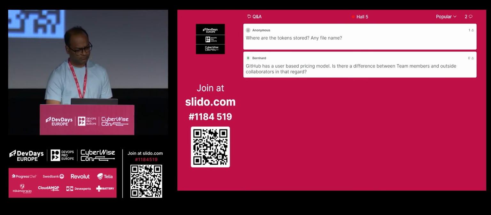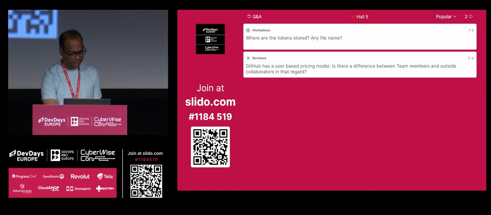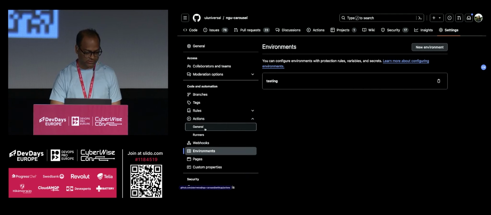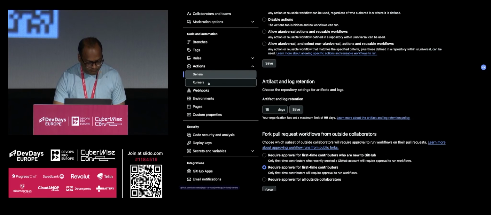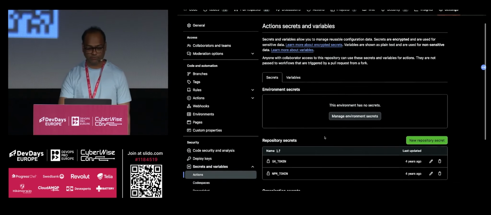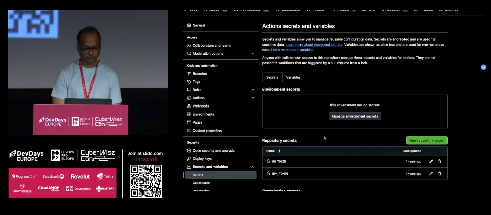Where are the tokens stored? Generally you define your tokens here, so you can say environments and create a new environment here, or you can go to Actions, then Secrets and variables, and create your environments and secrets there.